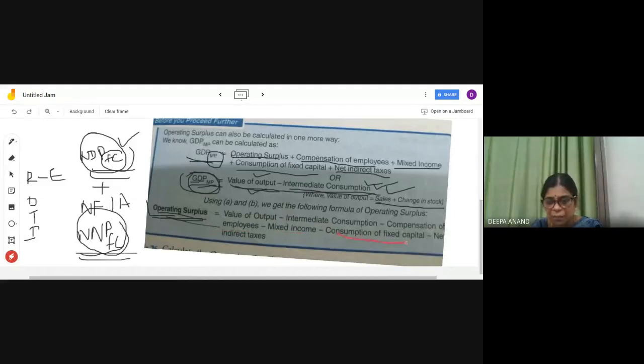Then consumption of fixed capital, that means that is also a loss. Whatever depreciation is there, that also should be deducted. You have to find a fund for replacement of assets even. So you can minus that from this. And when you see the trading and P&L account, depreciation is also given on the debit side to show the actual profit. So consumption of fixed capital is deducted and tax is also deducted. Then you will get the operating surplus, the actual income from the business, the proprietor's income.